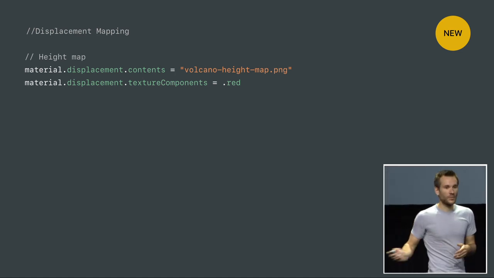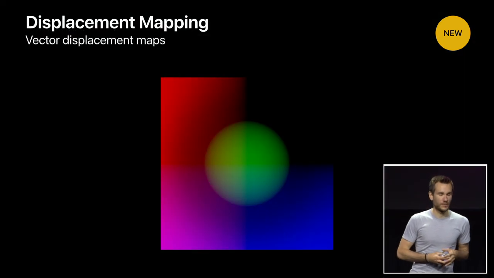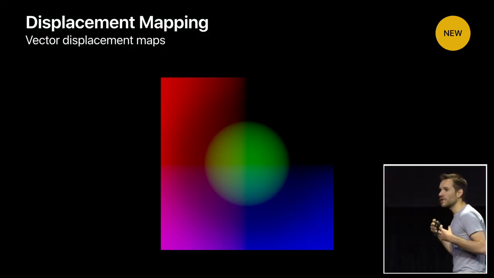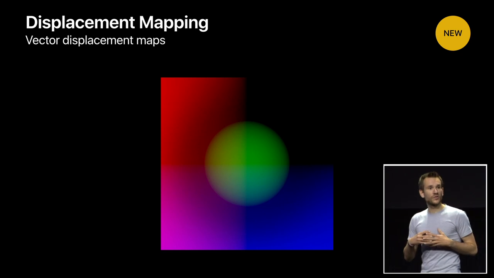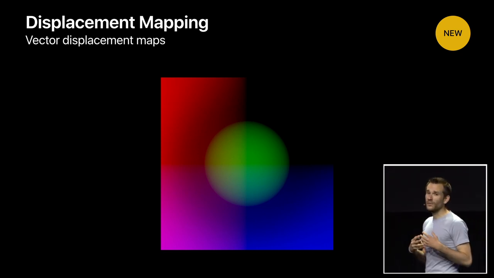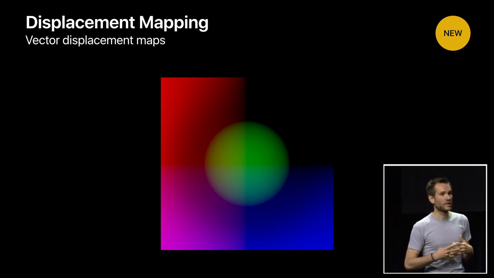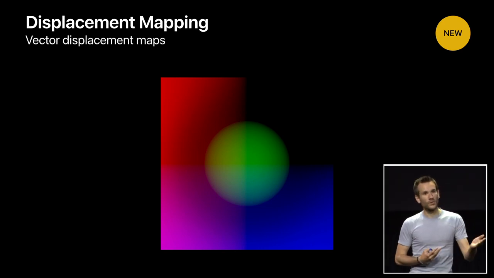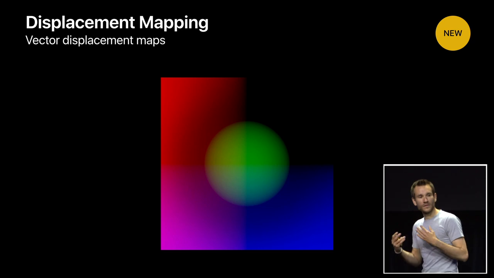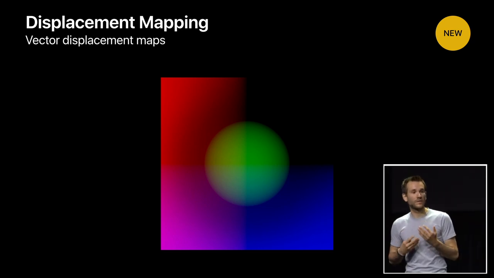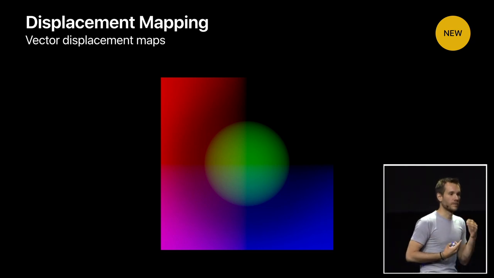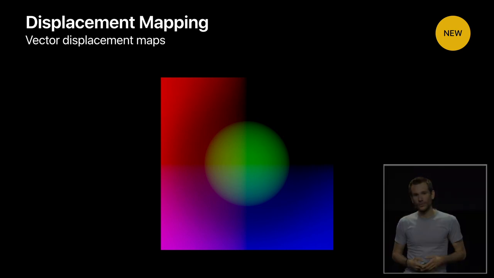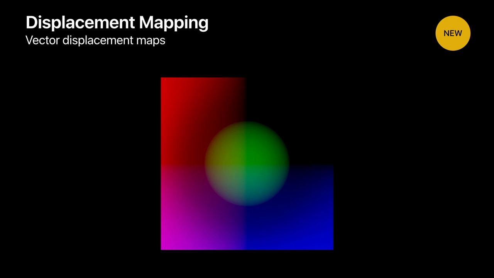Now let's get one step further with vector displacement maps. Vector displacement maps are the extension of height maps, but instead of only storing the elevation, you can store a displacement in all three directions. And that's why you have a colored image. For instance, green is the displacement along the normal, and red and blue along the tangent and bitangent. So will you guess what that does? Let's have a look.